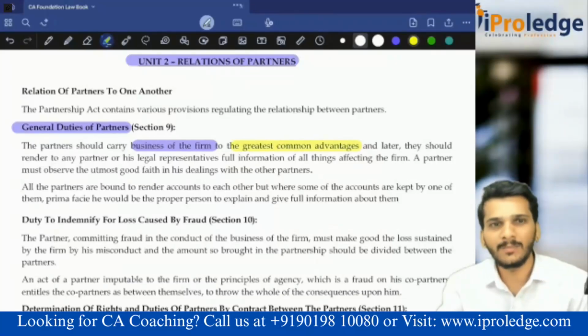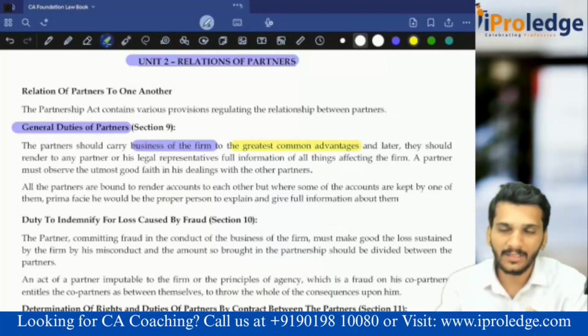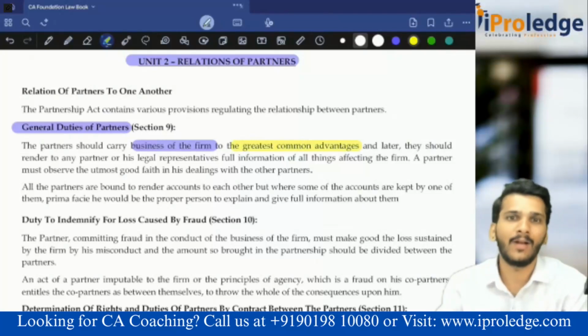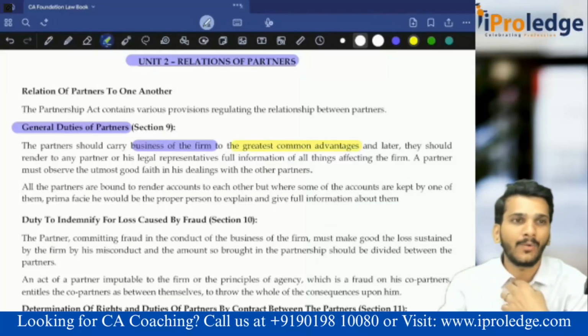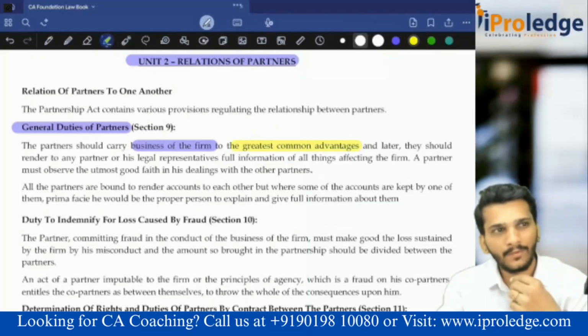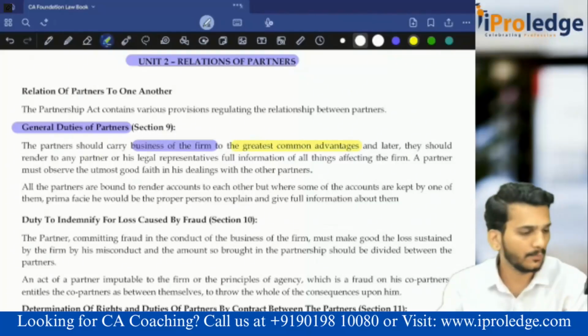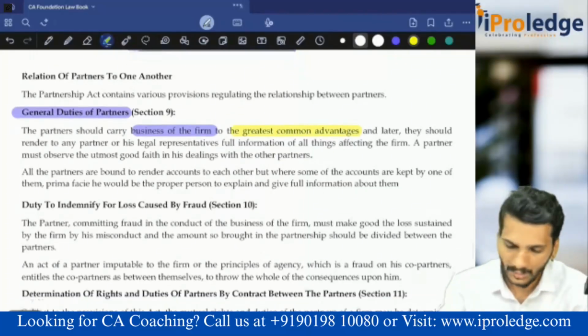What is greatest common advantage? See, advantage may be for a single person also, advantage can be for all the persons also. If I sell something for 100 rupees and I account it as 80 rupees in the books of accounts, it is advantage only for me. That is single advantage. It is not a common advantage, but you are trying to do the advantage for everybody. That means you should not do some fraud. That's what they are telling, common advantage.